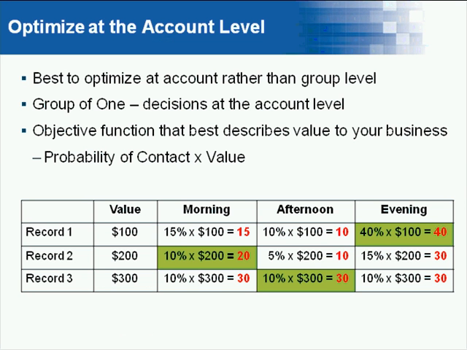What is ideal is to be able to manage these conflicting priorities at the prospect level and not the group level. By managing at the individual prospect account or record level, you're essentially creating a group of one, and you're evaluating the specific conflicting value or priority for every record. At the record level, you have the ability to combine multiple and conflicting values to produce what we would call an objective function value.